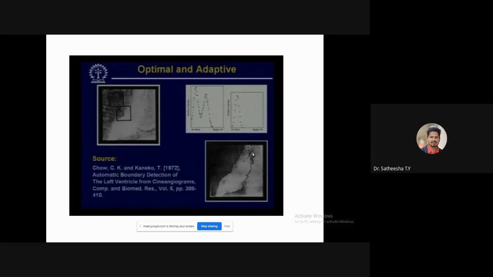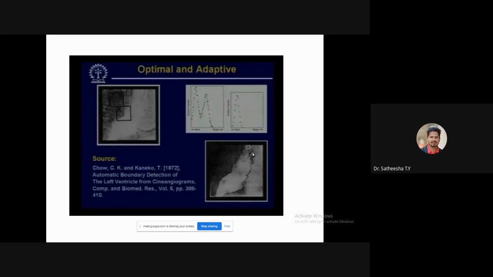So let us see an example of why this optimal threshold can be good for us for a good result. Let us take a very complicated case like this.